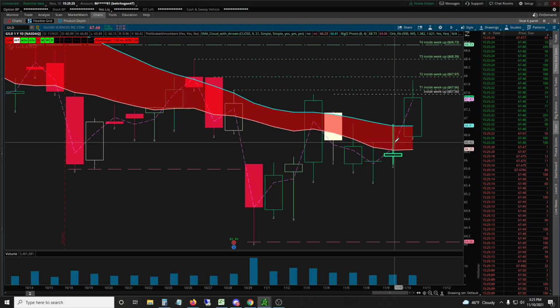So that's how I'd look at it for stops. I don't want to tell you that this is the right or wrong way to do stops because